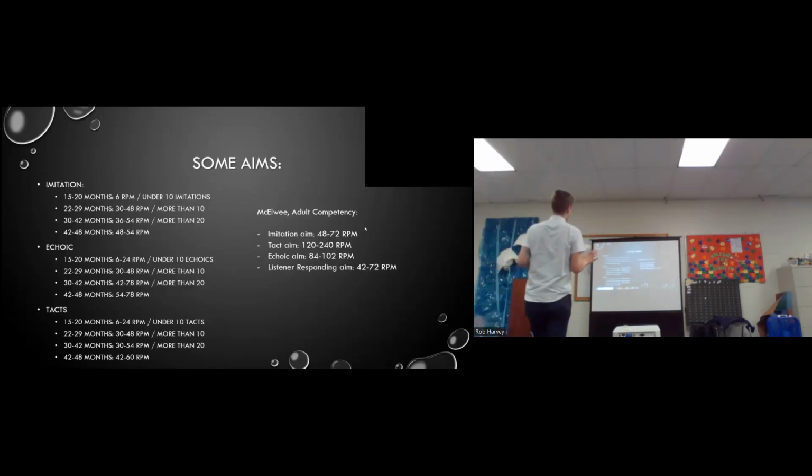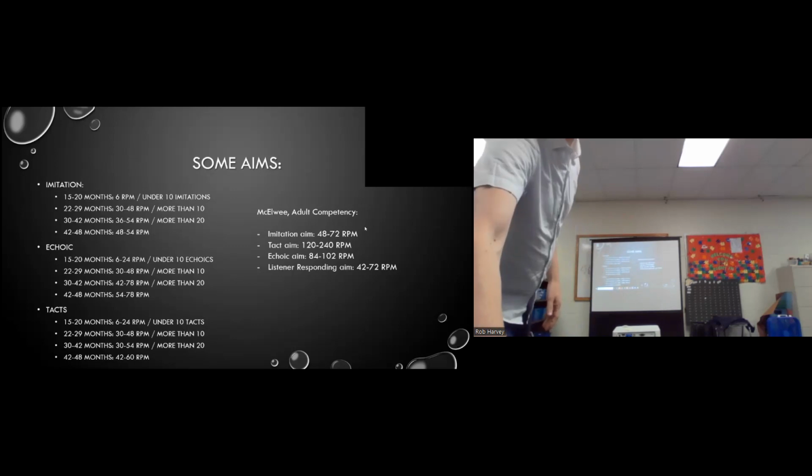Here we go, here's some aim lines. These were pulled from, I forgot to put the citation here, but it's in the fluency training. Some of you, Julie and I at least, will recognize John McElway, who is a BCBA, who the Autism Initiative loves. He did some adult competency aim lines if you're working with transition age. And so we've got some if you don't want to do your own baseline creation. But the best baselines are going to be the peer group that your kid is in. So if you can do that, I would say do that. If you can't, use these.